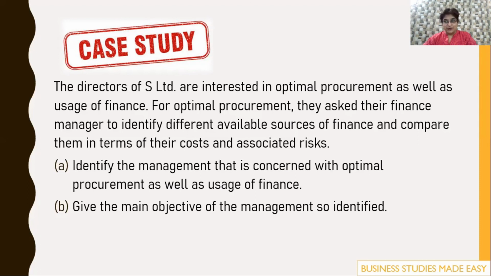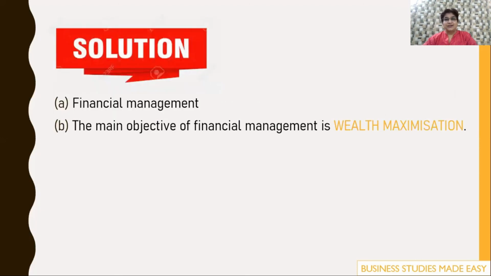So have you understood? Could you find out the lines that we're talking about? Yes. So here the key words are optimum procurement as well as usage of finance. Remember, I told you the 3 cases right in the beginning, in which I told you that if he has idle funds, he should use them properly, otherwise he'll unnecessarily pay interest. And optimum procurement, in case he has shortage of funds, then he should be able to know where he should get it from. Right? So let's look at the solution.